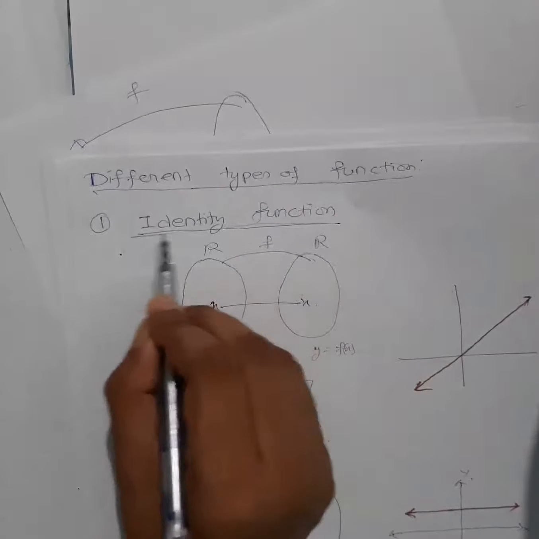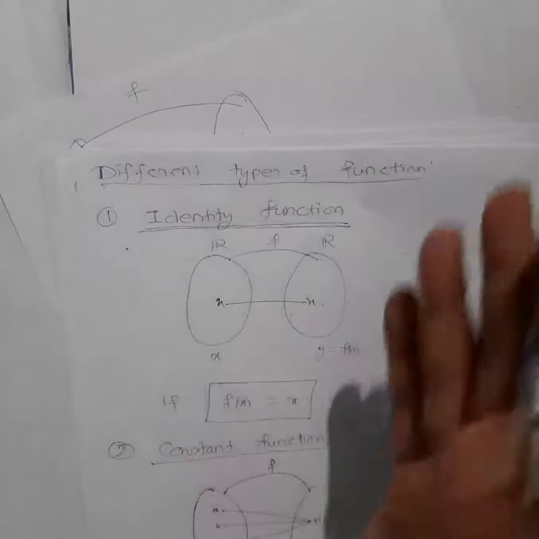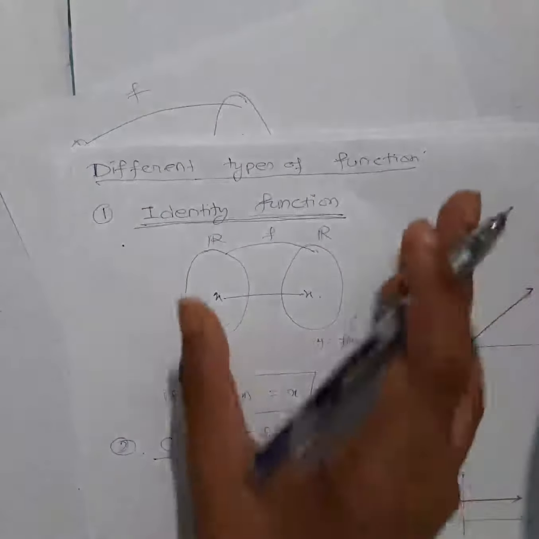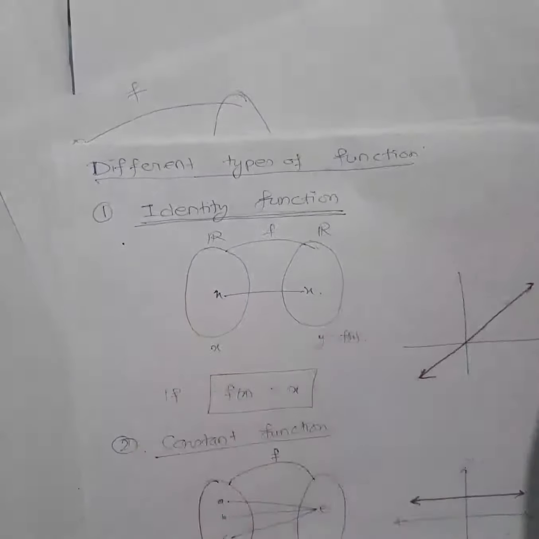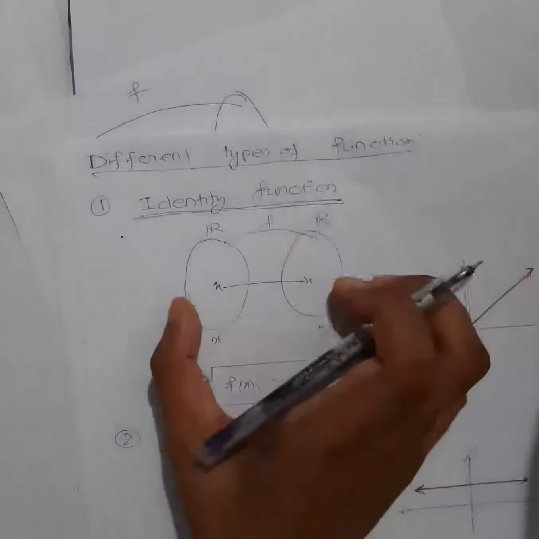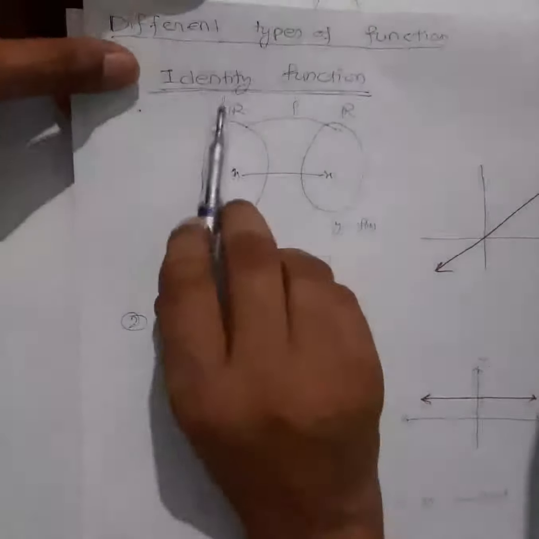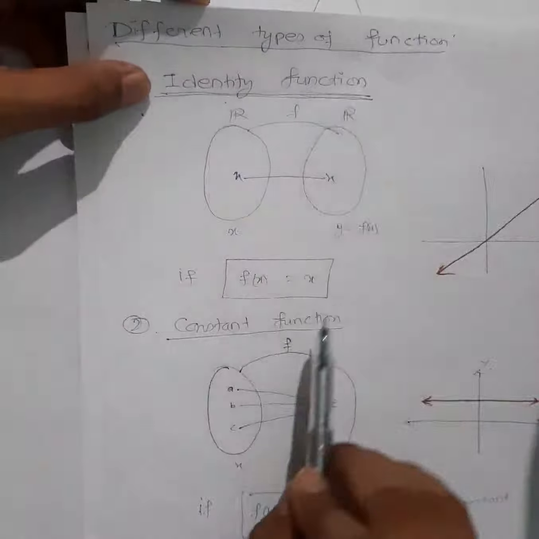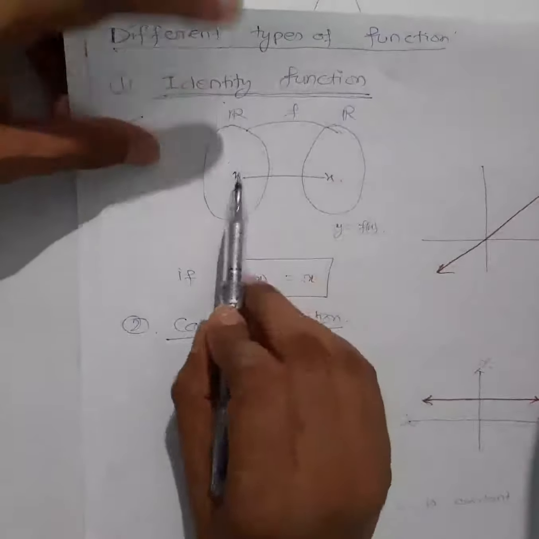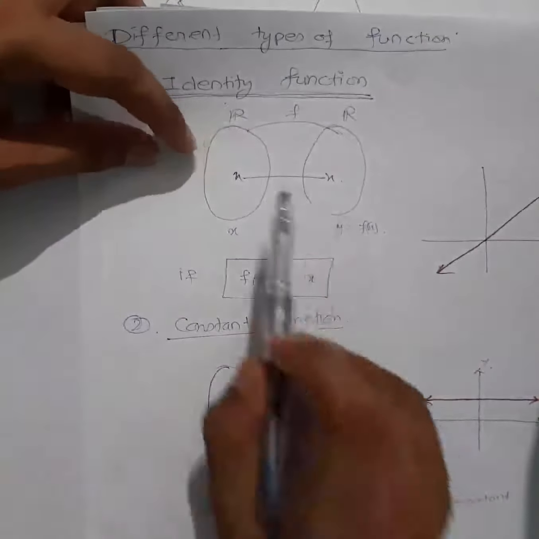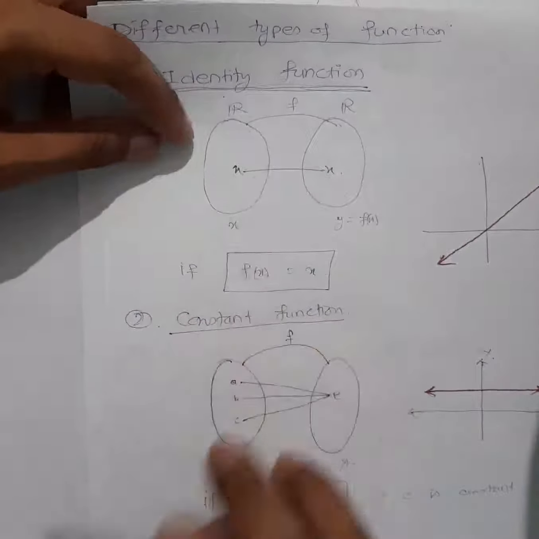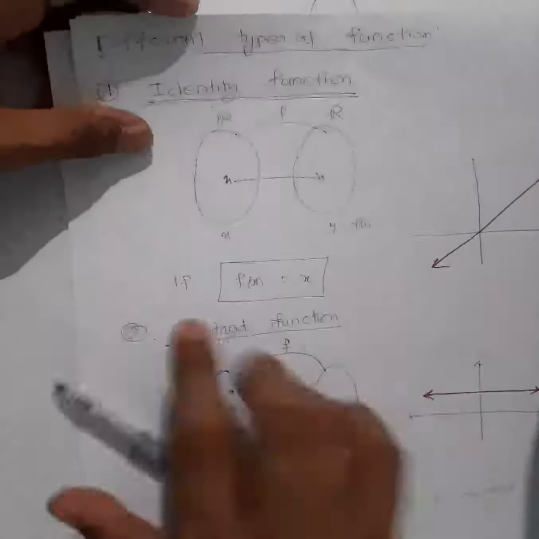Now what is the identity function? In your book you will get the definition. I'm not going to write all the definition here because I believe that with a statement it's sometimes difficult to understand, okay? So simply we will try to understand here. All the different functions which are given here, first thing, I have written it is function, function, function. So obviously it will satisfy the two conditions which I said. All elements will have an image, and every element will have exactly one image, okay? Now a special type of function.